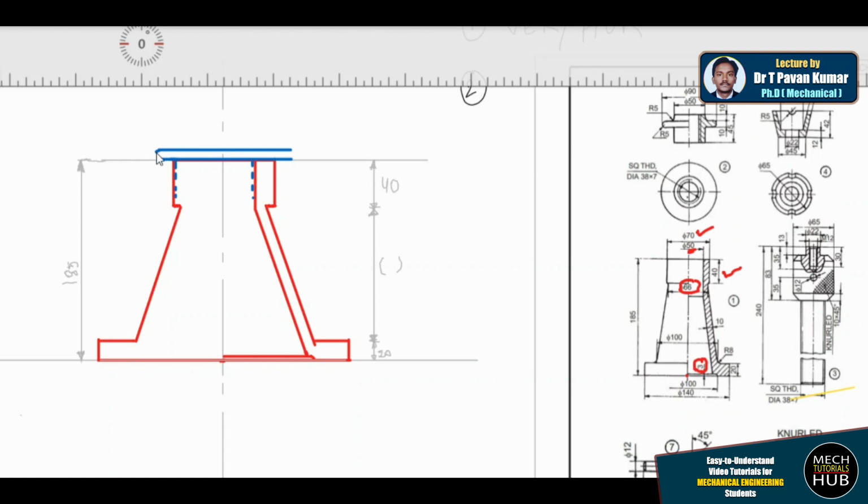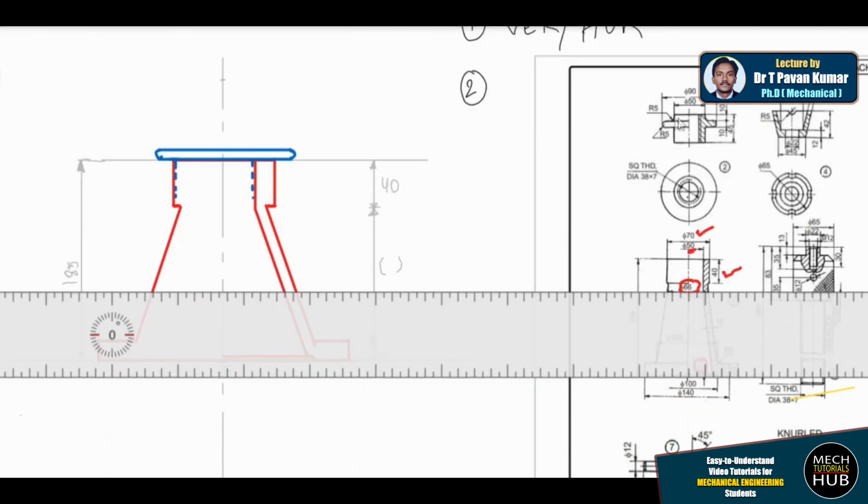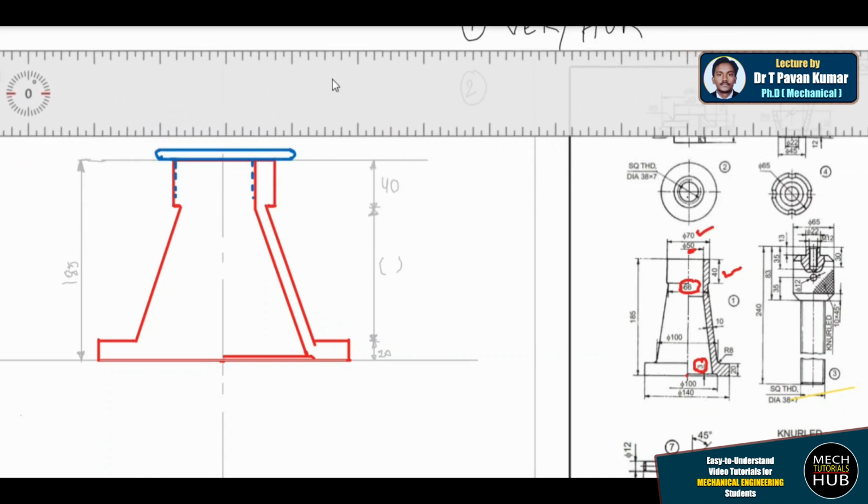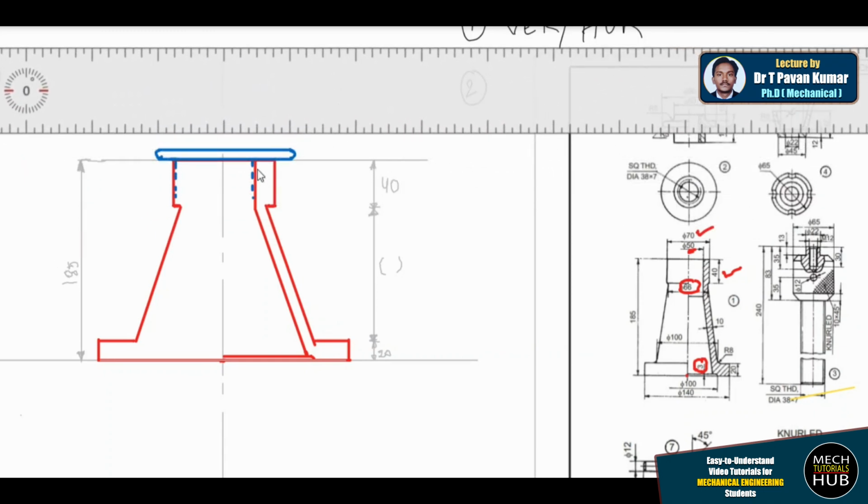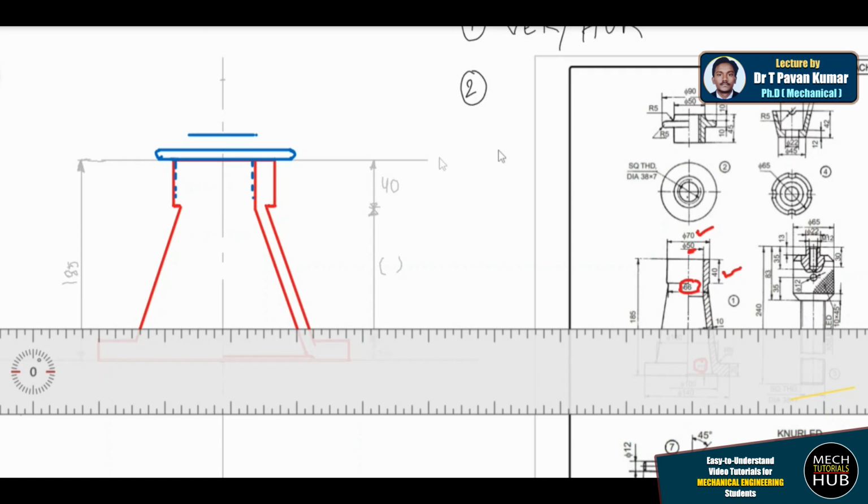After this, let me draw a curve. Let me draw this curve also. Alright, this is done now. After this, there is one more leading edge on the top, which is of 50 diameter. That 50, we have already measured. This line represents that 50. Similarly, to the other side, you just need to make 1, 2, 3, 4 divisions. Now here I'll just try to join these two and show this particular fillet. With a free hand, I'll just try to draw.